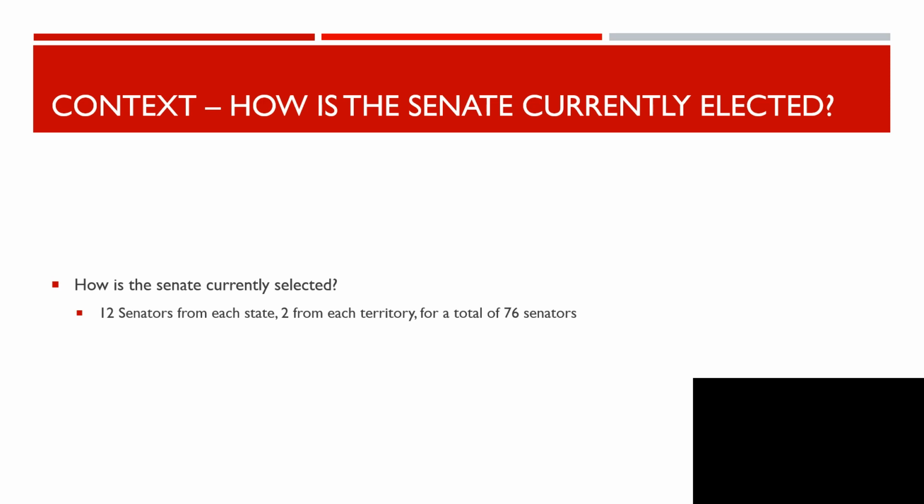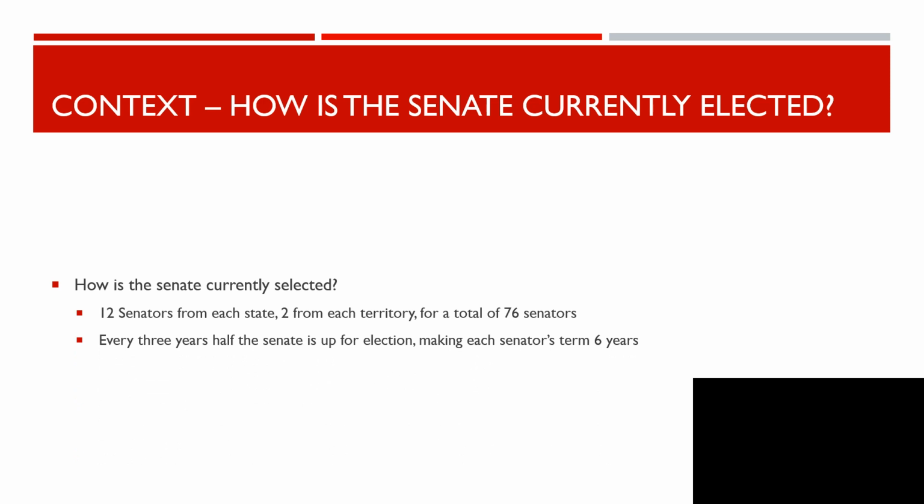And this is different from the House of Representatives, where each state has a number of seats proportional to their population. The reason for this is that it means that smaller states that could get voted against a lot in the House of Representatives by virtue of having a smaller number of seats are able to hold the larger states accountable in the Senate to make sure that they are not always voted against. However, you may consider in preparing for this debate whether you think that is a good or a bad reason.